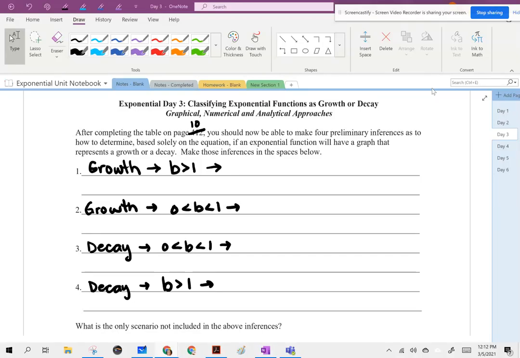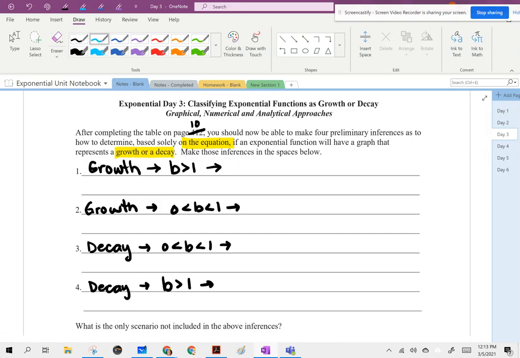Right, guys, we're going to talk about day 3 after we've talked about the investigation about those reflections and stuff. So, what we're going to do is kind of solidify our understanding with that. So, you're going to see me go back to page 10 and look at those graphs and also the table. It says after completing the table on page 10, you should now be able to make 4 preliminary inferences as to how to determine, based solely on the equation, if an exponential function will have a graph that represents growth or decay, and then make those inferences in